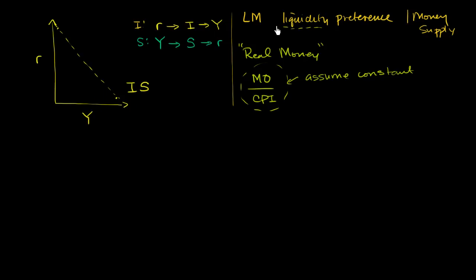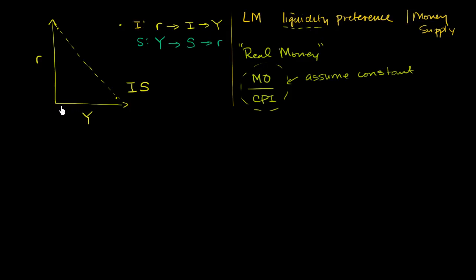So for the LM curve, when we think about liquidity preference, holding real money constant, high levels of GDP, a lot of economic activity, people want to have currency, demand for currency is high, so the price of currency is high, which is real interest rates. And so we would have real interest rates high due to liquidity preference. And then on the other side of that,